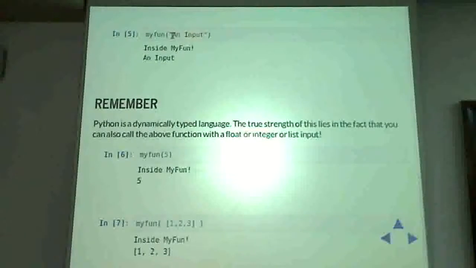The example myfun of 5: it is a numerical value of 5. So if you had passed a variable, whatever that variable was referring to would go and sit in the function. So for example, if I had said b equal to 5 and said myfun of b, that would work as well. The way that would work is b is 5, so 5 goes to the function body. The placeholder you are calling a, so a becomes 5.